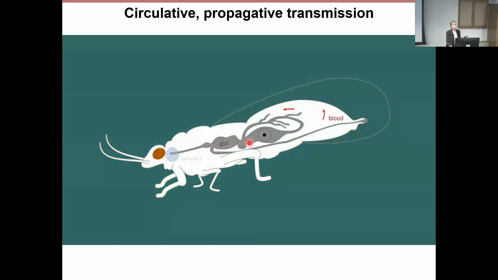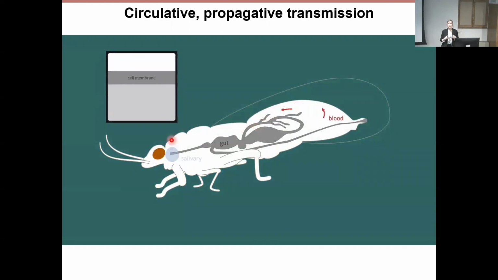And the bacteria moves through the gut of the adult insect and then exits into the blood or hemolymph of the insect, where it circulates. And here in the hemolymph, it can circulate until it reaches the salivary glands of the insect and can be spit into the next host plant. This interaction, as you can imagine, requires a lot of interactions between the bacteria and the cell membranes of the